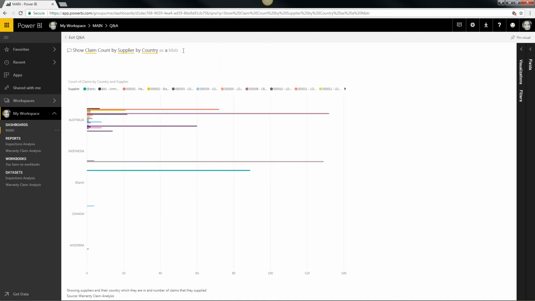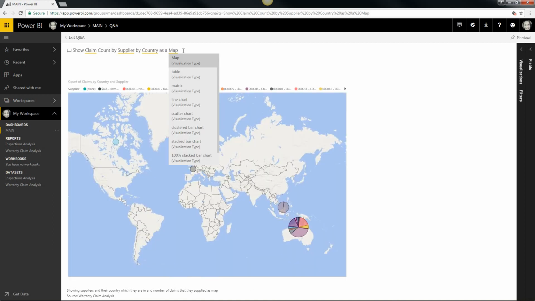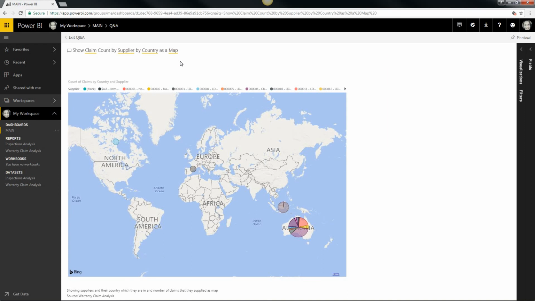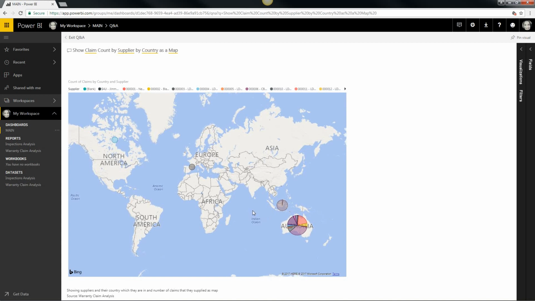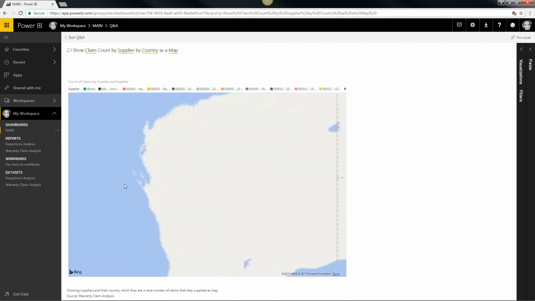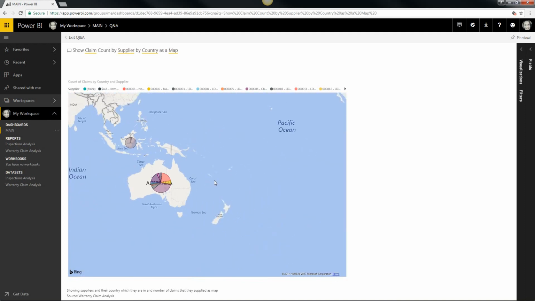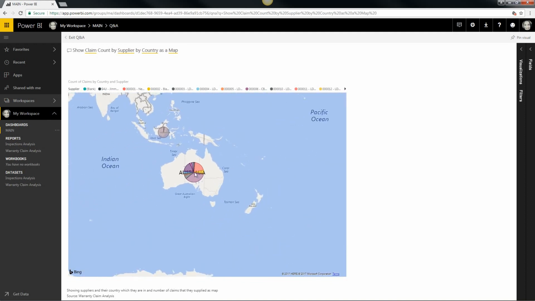which is nice. But wouldn't it be nice to see it in a map? So I'm going to change that to a map. So here you can see it's used the country of the supplier and it's mapped that onto a map. But because I only said country, which you can get from the supplier, for instance, if we zoom in on Australia, you can see it doesn't have any further information. So it's put it in like a little pie chart to show you the claims per